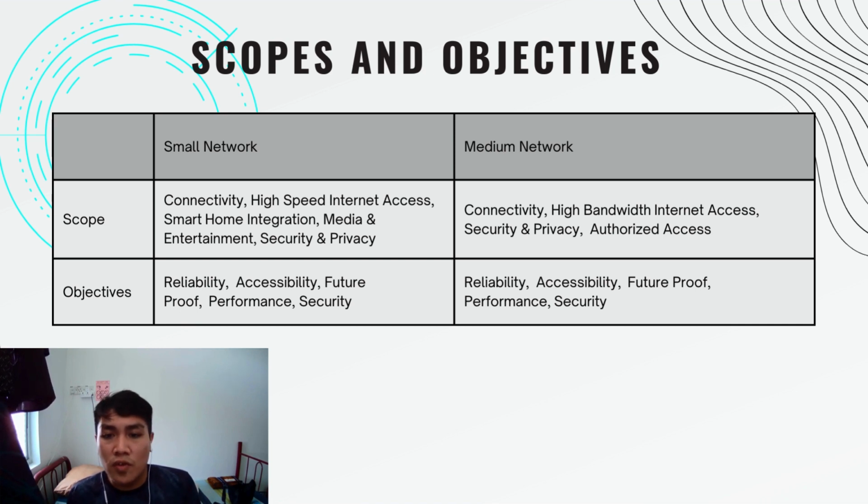Okay, so the objectives of the media network are reliability, accessibility, future-proof, performance, and security. Kind of the same, and the same can be said about future-proof. What I want to touch on here is security, because media network tends to have a lot of users and we can't really prevent something malicious going on, but we can try our best to prevent unauthorized access, so that for those who do access the internet, we can see what they do, like maybe they do something inappropriate using the network. Okay, thank you.